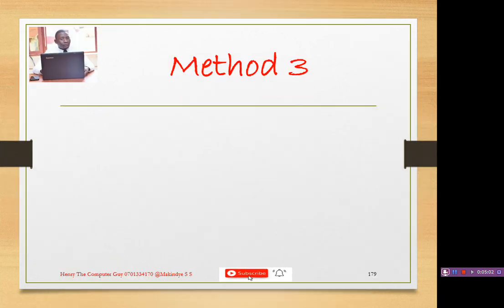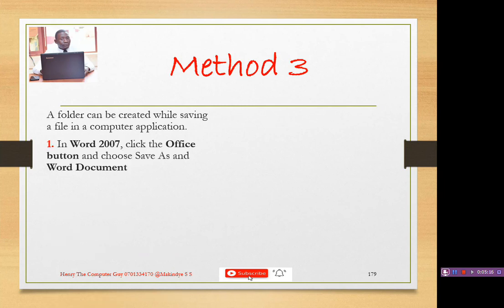So they have also told us that we have method 3. A folder can be created while saving a file in a computer application. For example, you're in Microsoft Word, you can also create a folder as you're saving that file. And they're telling us that in Word 2007, you can click the Office button and choose Save As and Word